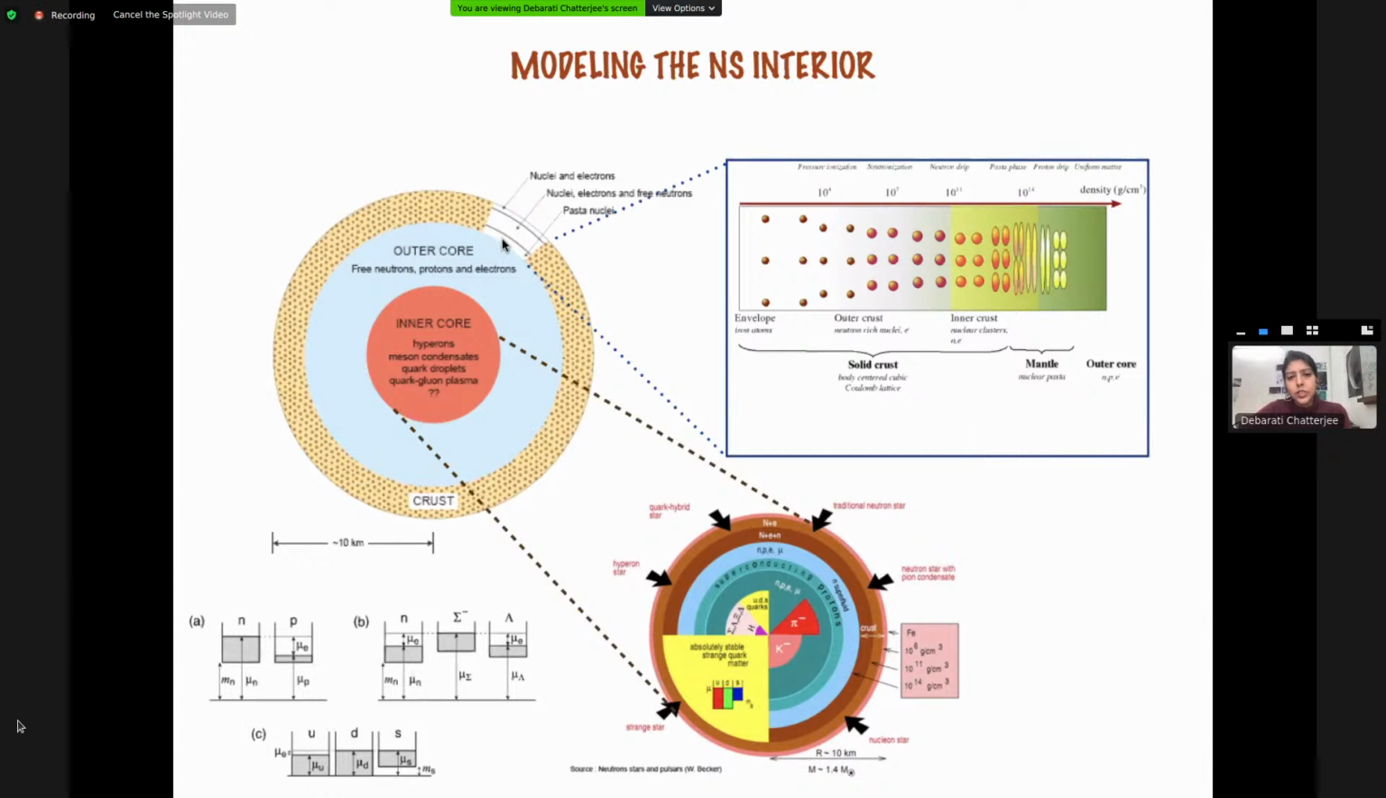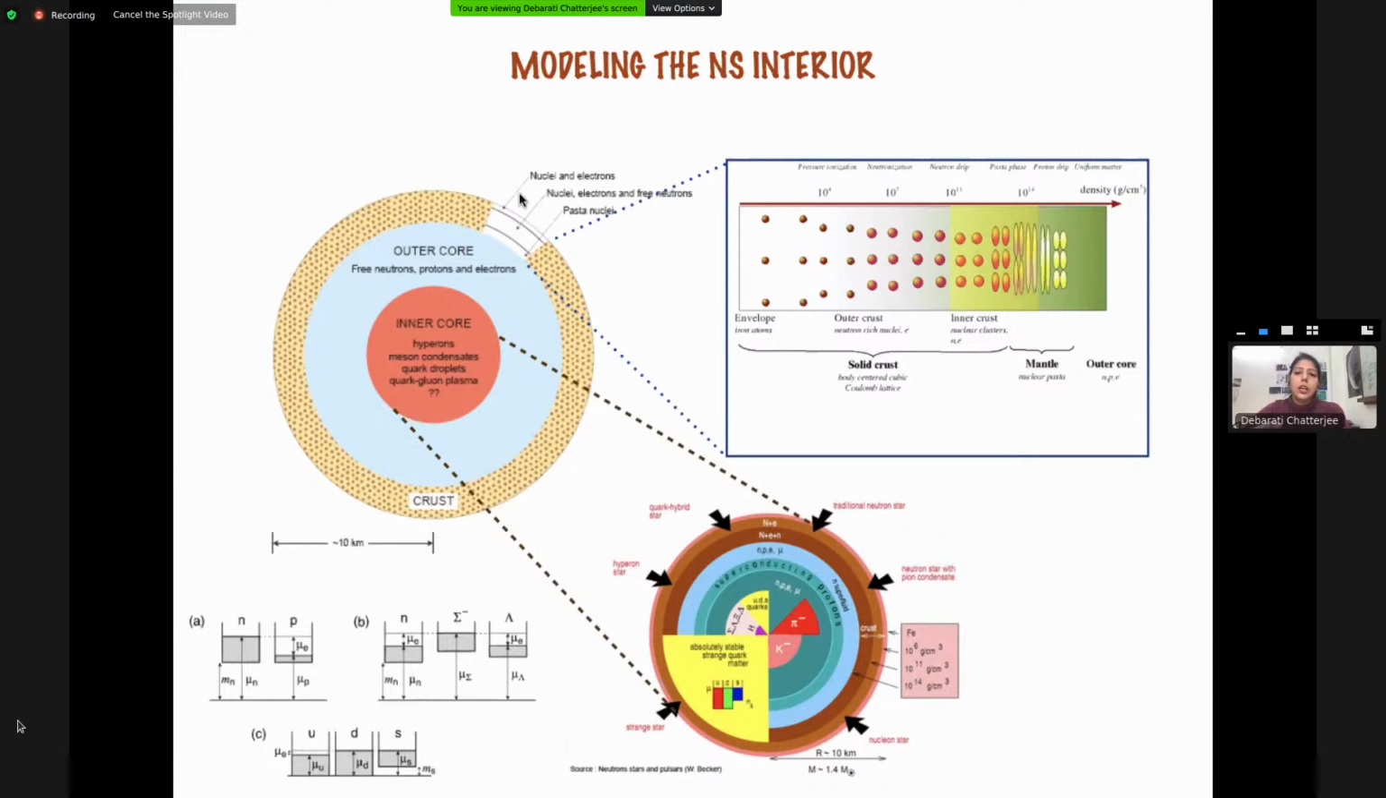So at the surface, neutron stars contain mostly nuclei, and these are iron nuclei, so the iron family. They also have some embedded electrons. The whole system is charge neutral, okay? So as we go towards the interior, as the density increases, the nuclei